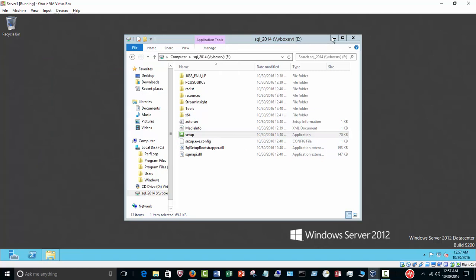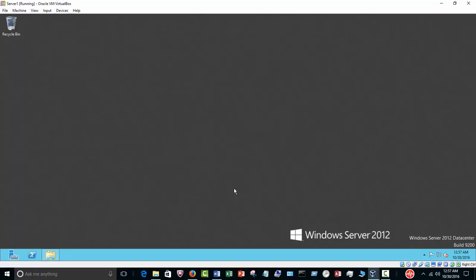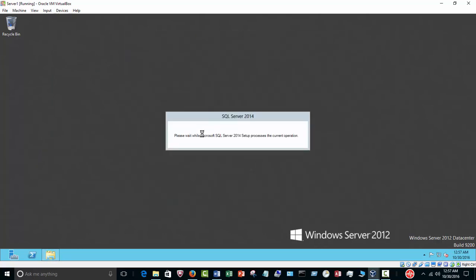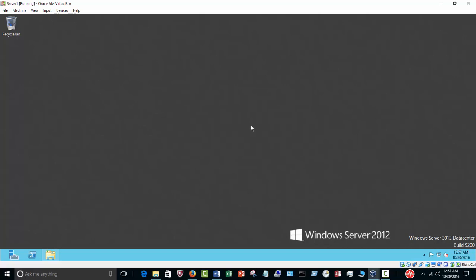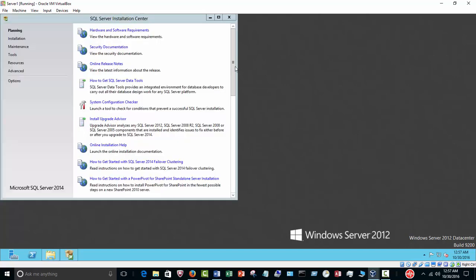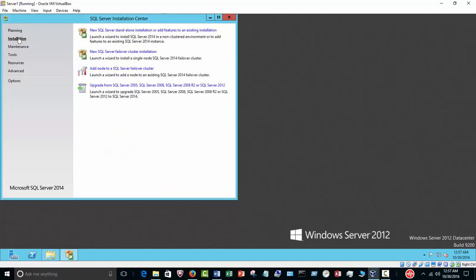And this does take a few minutes to start up. Now, this is a great feature of SQL Server 2014, 2016. They've made it relatively easy to install. 2016 is a little more complicated than 2014, but nevertheless, it's relatively simple. So what we need to do is go to Installation, New SQL Standalone Server,